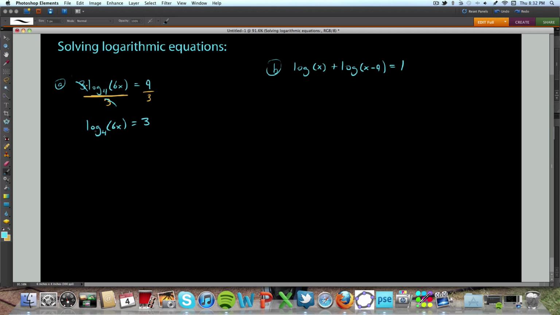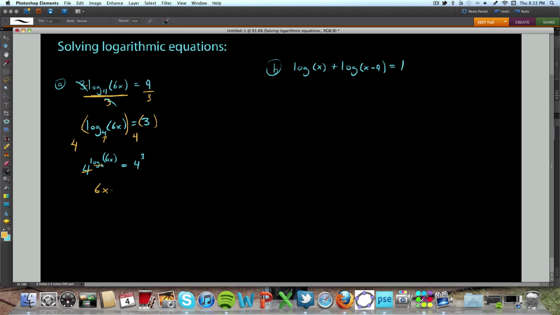So in order to undo this log, we want to exponentiate both sides, or in other words, use the inverse of a logarithmic thing, which is an exponential thing. We would like to exponentiate both sides using the same base as our log right here. So now we'll say 4 to the power of everything on the left is the same thing as 4 to the power of everything on the right. So again, I'll write this a little bit cleaner. We say 4 to the power of log base 4 of 6x is equal to 4 to the power of 3. So what we end up with here is essentially our 4 and our log base 4 canceling out,